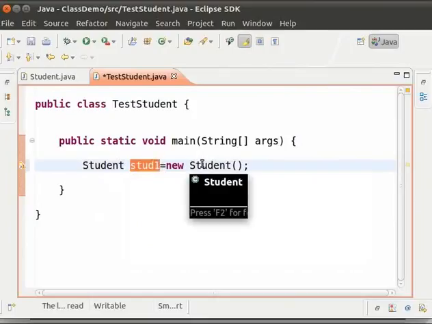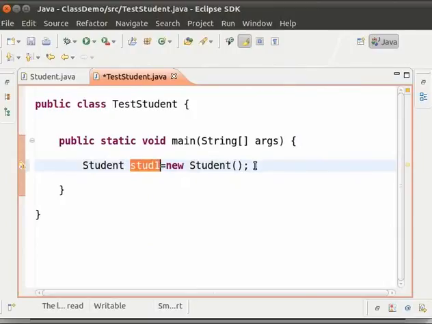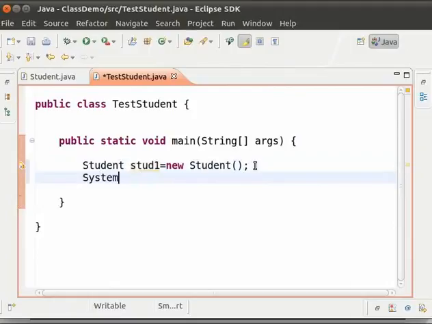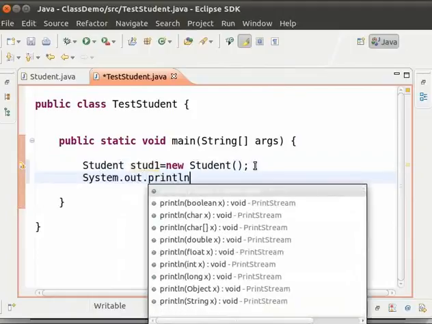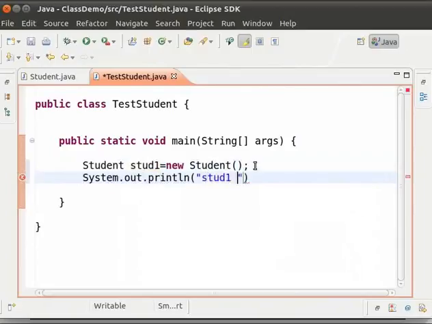Now let us see what stud1 contains. So next line, type system.out.println within brackets and double quotes stud1 contains space plus stud1 and then semicolon.